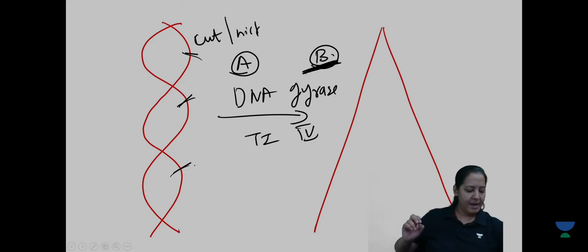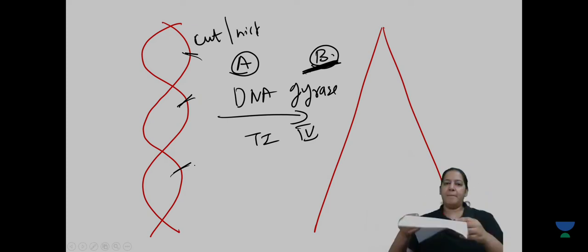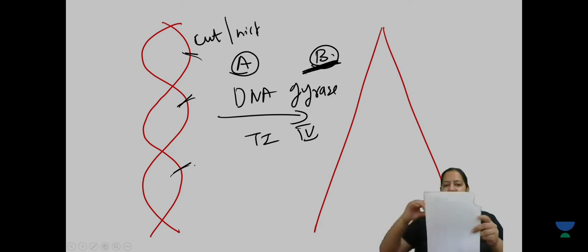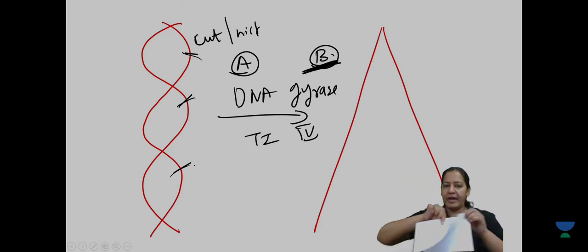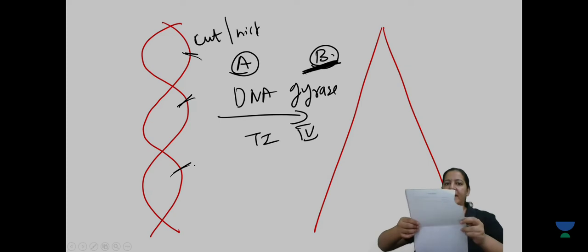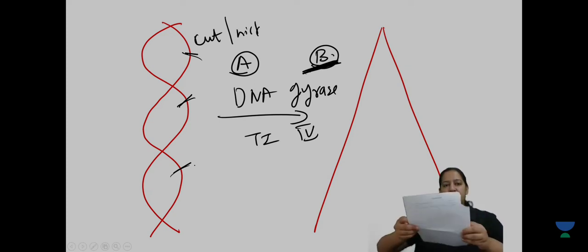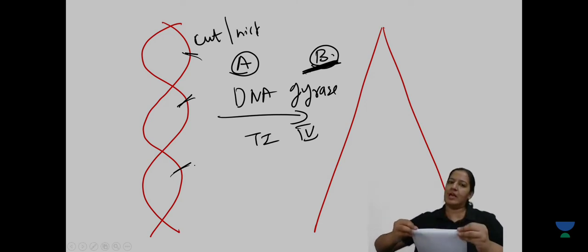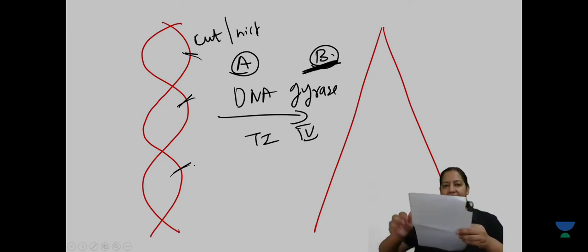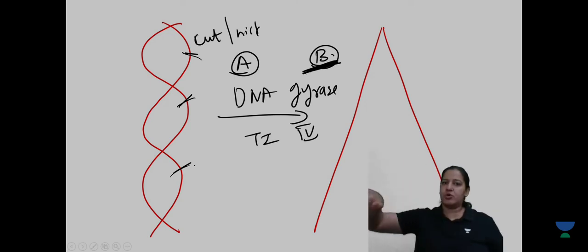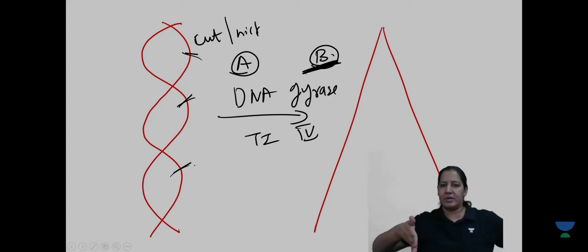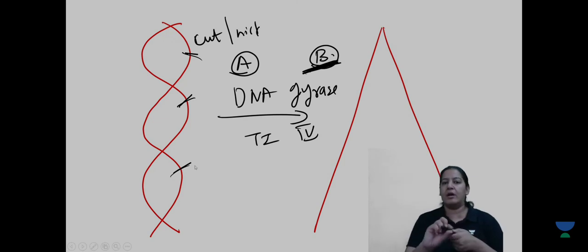So just suppose I am having a paper. Okay, give me a minute. So I'm having a paper with me, right? DNA is like a strip, and it is folded in this direction. But if I open it and fold it in the opposite direction, that is unwinding. Now it will become straight. तो जितना इधर का stress था उतना उधर से equal हो गया. Now it is becoming straight. So give opposite coiling so that it becomes straight. You got my point? This is known as unwinding or uncoiling.